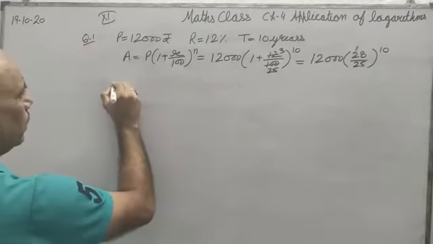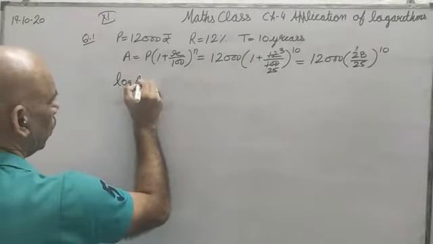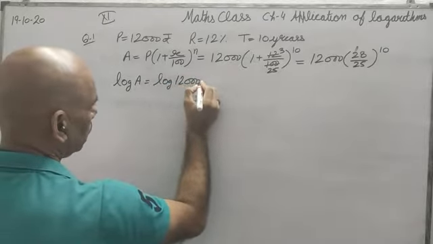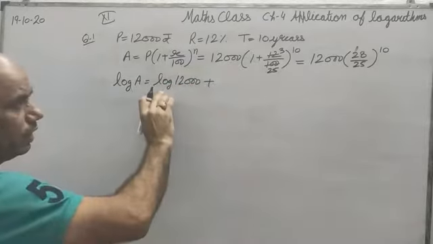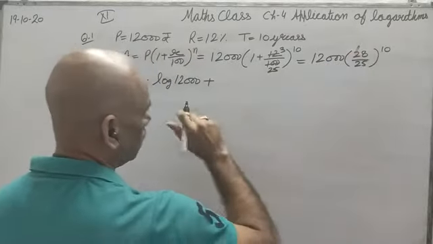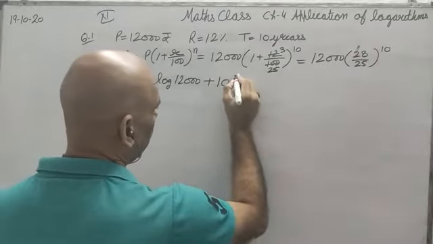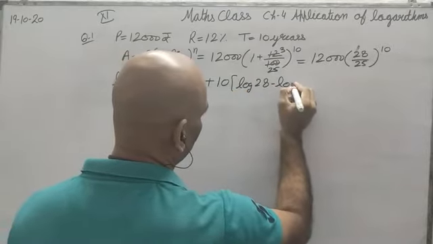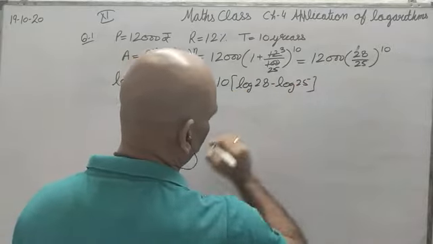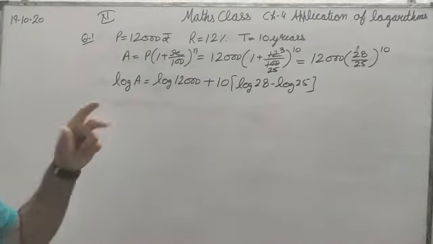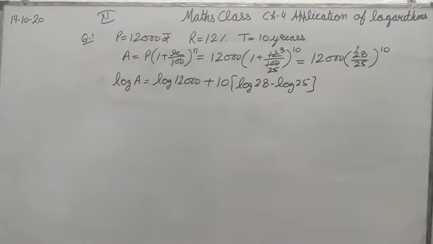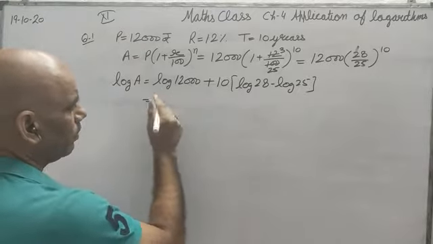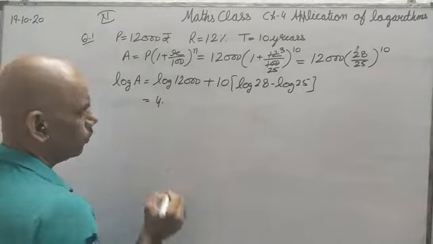So log A will be log 12,000 plus, these two are in multiplication, so it will be plus 10 log 28 minus log 25. So this way you will solve this by log. Now what you will do: 12,000 is 5 digits, so the characteristic will be 4 point,